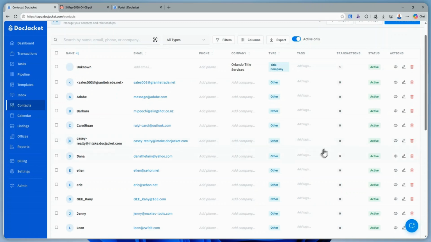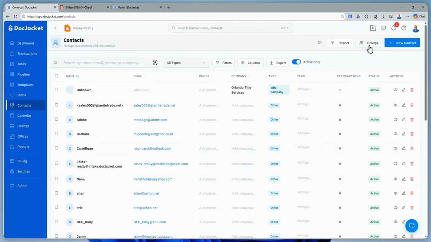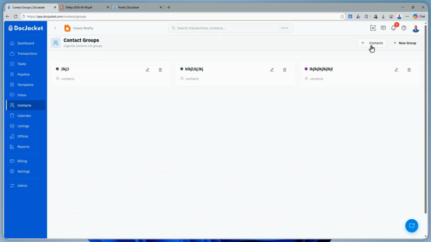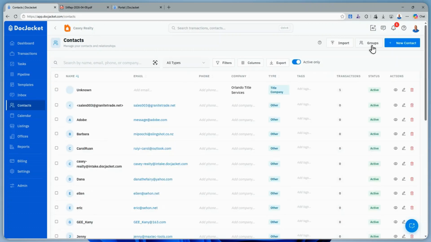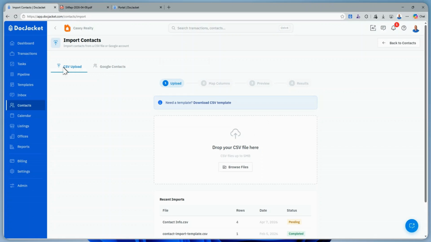Contacts, here you can see this is your contacts, kind of like a CRM, but not quite. You can organize all your contacts. You can organize them into groups. This is for sending emails and coordinating the transaction. You can import by CSV. You can upload a CSV file. If you have another system, you can export it and then upload it here,